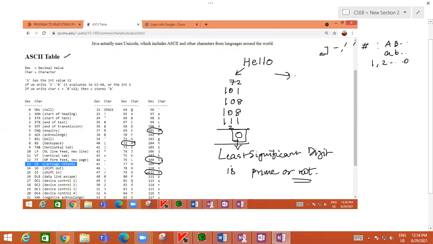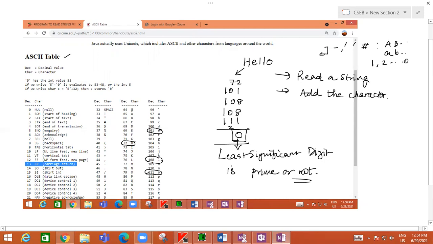So here, first you have to read a string and you have to add the characters. Add means you should get some value, that is, the summation.